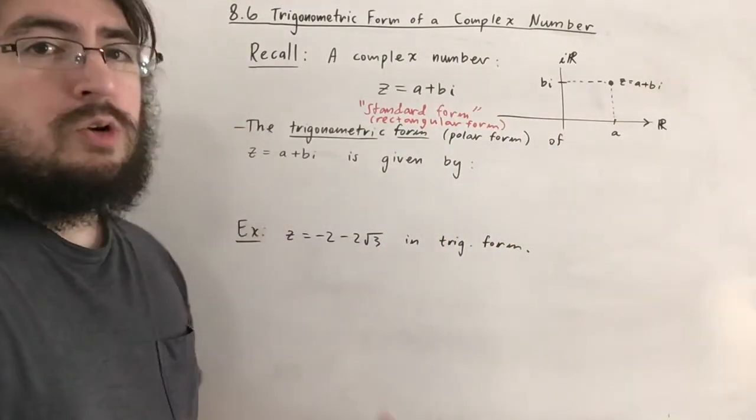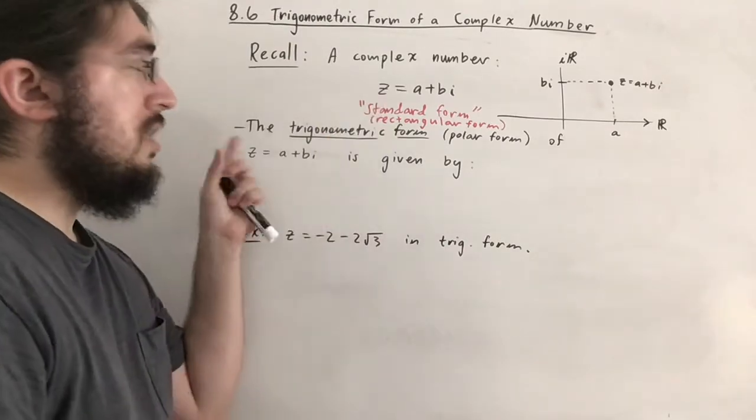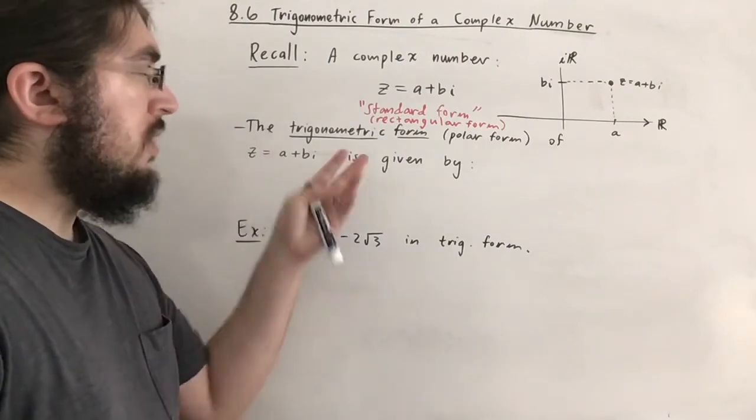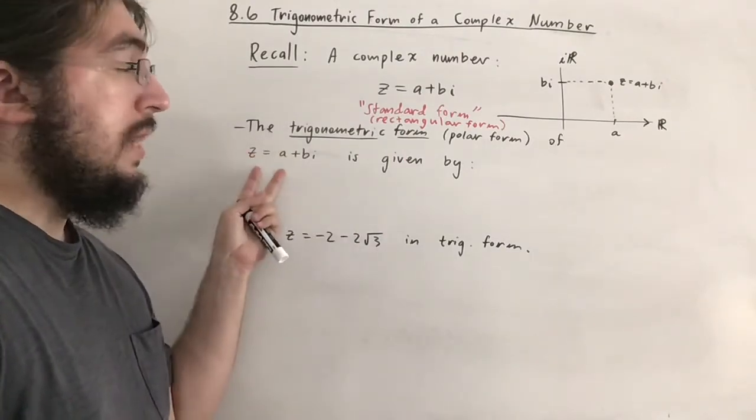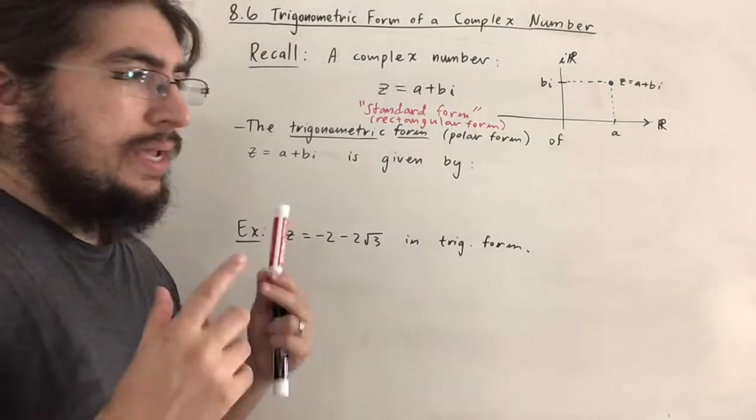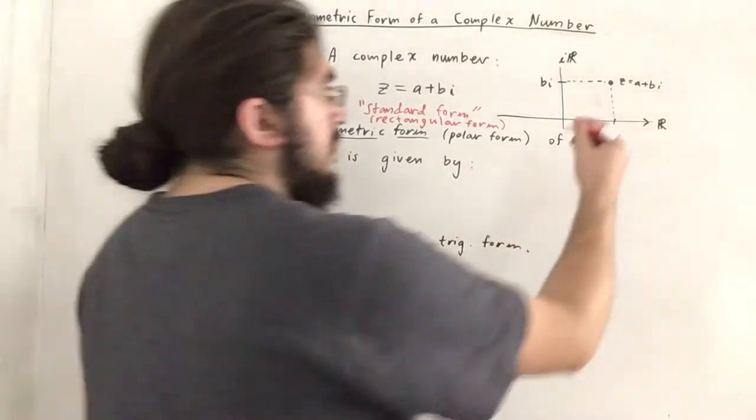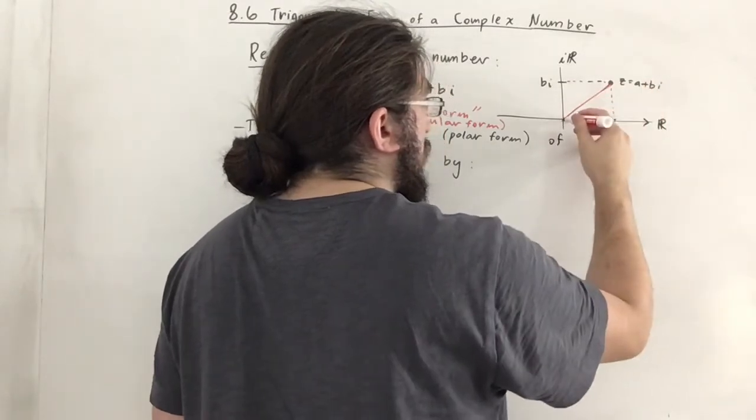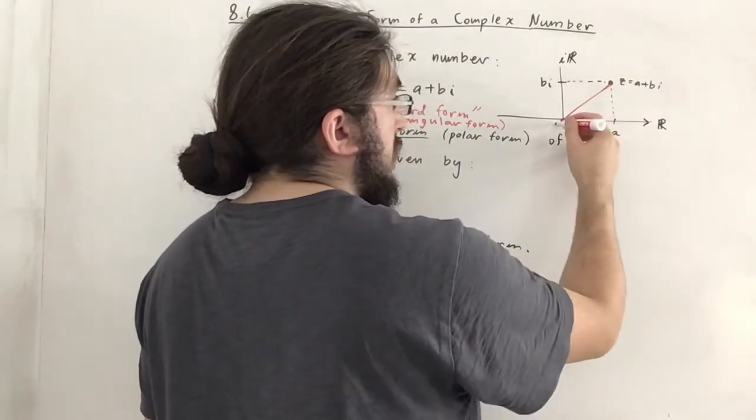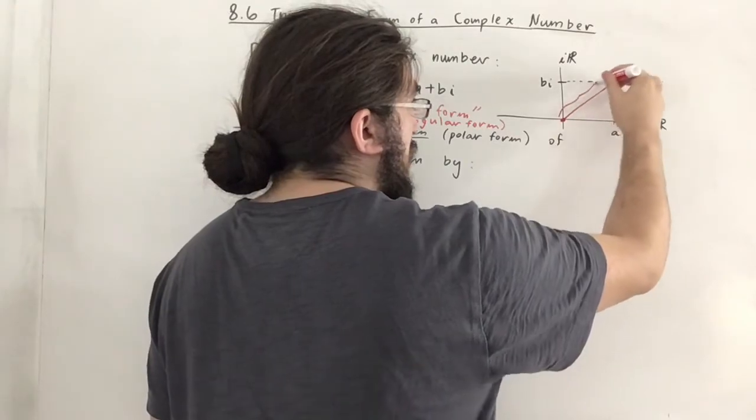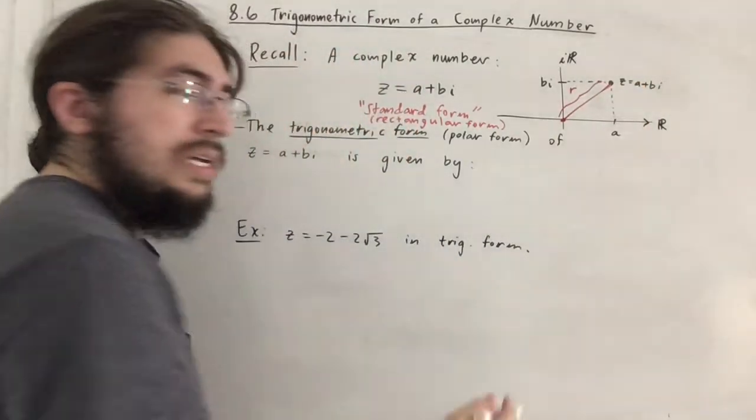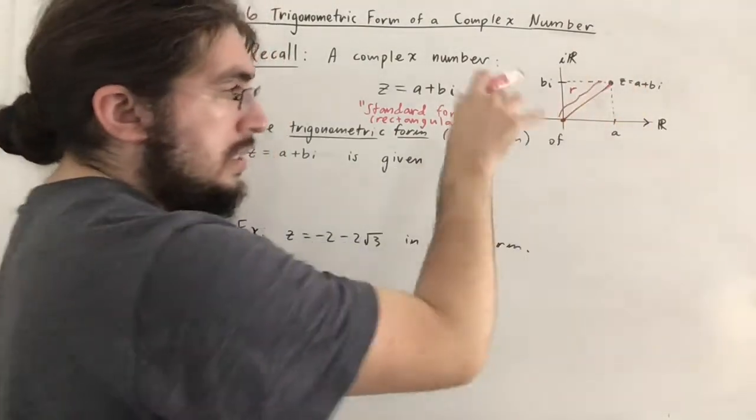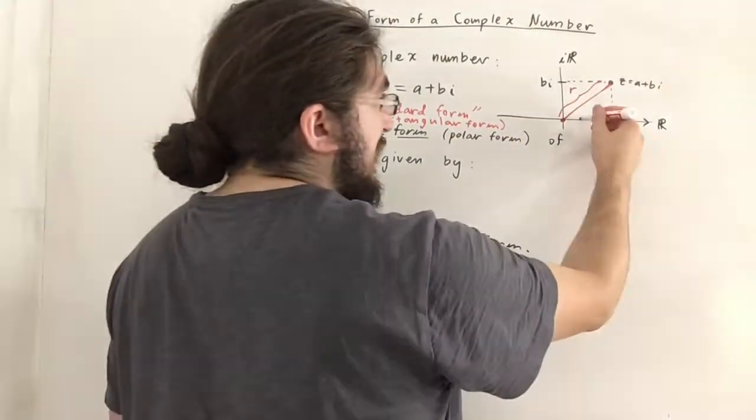But now we introduce a new way of writing a complex number, which is called trigonometric form, or polar form. And we say that the trigonometric form of the number a plus bi is given by the following. First off, we need to look at the distance from the point 0, 0 to the point itself. So this distance is going to be called r for radius. So think of the radius of the circle that this point lands on, centered at the origin, and